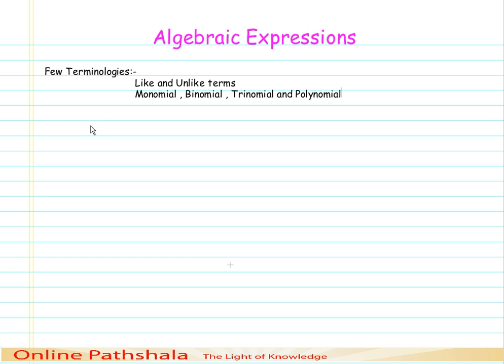Now, what is a like term? Like terms are terms or a group of terms with the same algebraic factors. So then what becomes unlike terms? Unlike terms are a group of terms with different algebraic factors. So to give an example of like terms, I would give